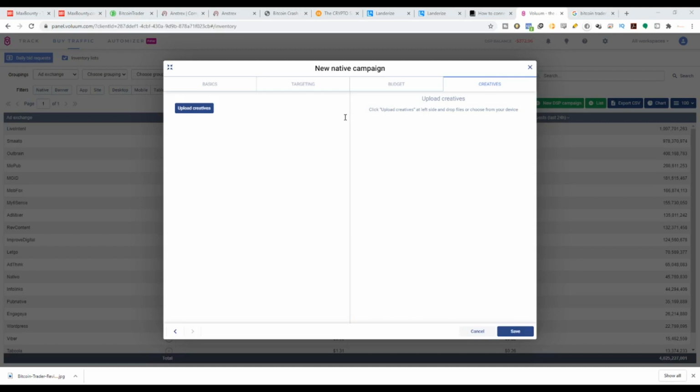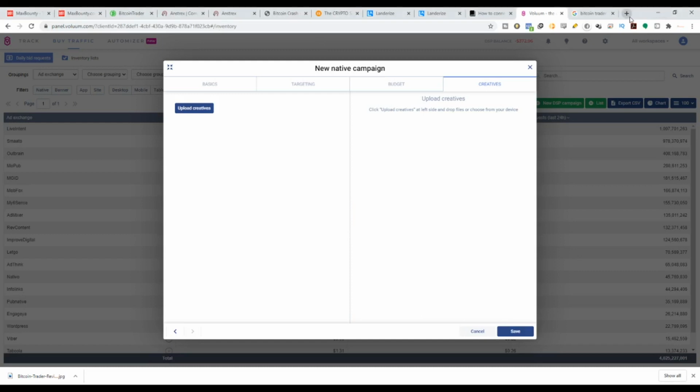And when you're actually using different ad exchanges, you would know that each ad exchange has different requirements for the creatives, guys. But normally the main image is 1200 by 627 pixels, and the icon is 100 by 100 pixels. So this is very normal, but you can actually check a particular